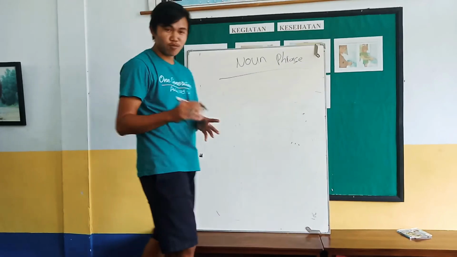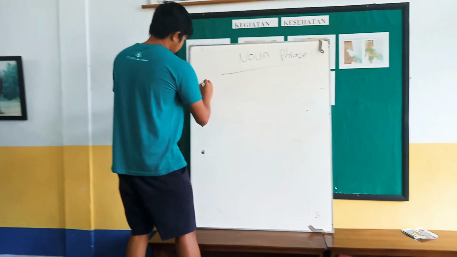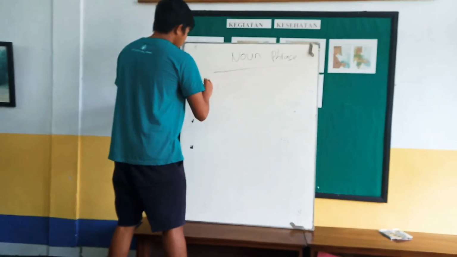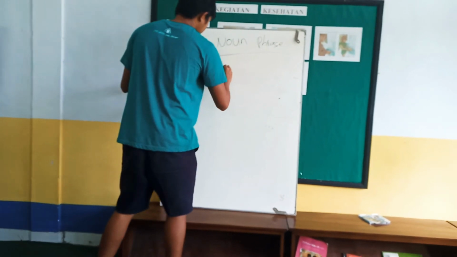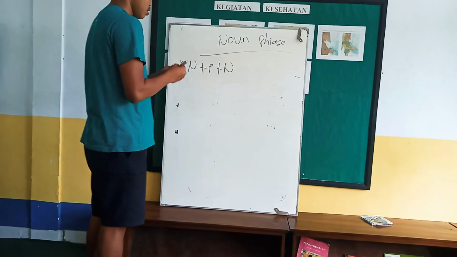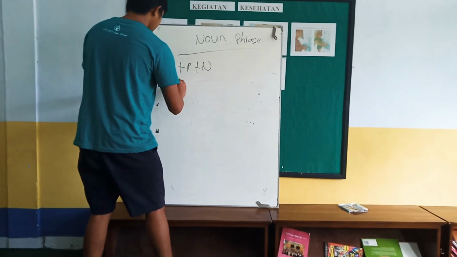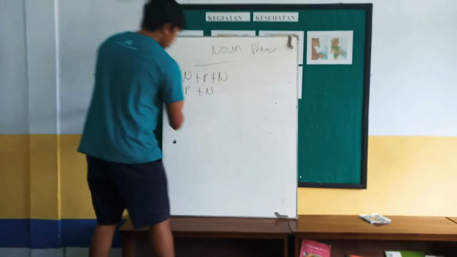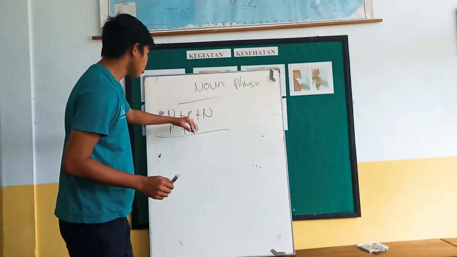The formula for a noun phrase using a preposition is noun plus preposition plus noun, or it can be preposition plus noun. The example of the first, noun plus preposition plus noun, is